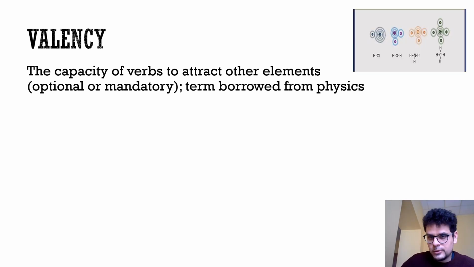Now, of course, you remember that in physics some elements have more power to attract other elements, and you can see here hydrogen and other elements. I don't remember, so don't inquire about my very scarce knowledge of physics, but you may remember it is a term that comes from physics. So the capacity of elements to form bonds with other elements varies according to several factors. We can see something very similar in linguistics when we focus on verbs.